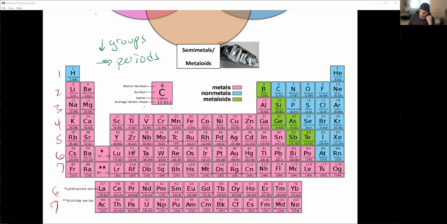Okay. And they group these up. So the reason I call this group 1 is because it is in fact group 1. And typically this is group 1A, Roman numeral 2A. This would be 3A, 4A, 5A, that's 4, 6A, 7A, and 8A. Down here, this would be 3B all the way up to 3, 4, 5, 6, 7, 8, 9,